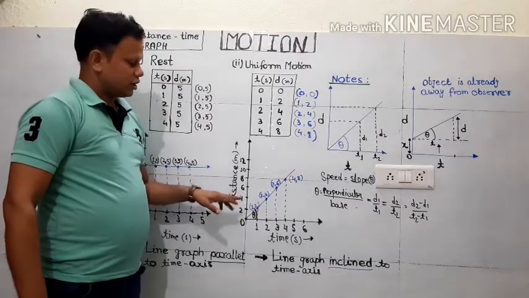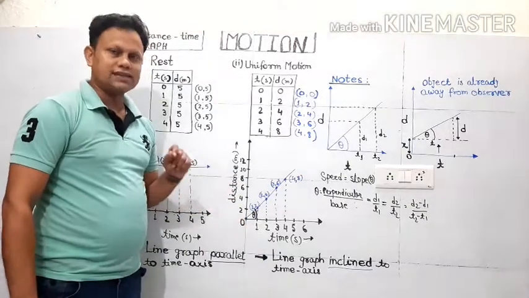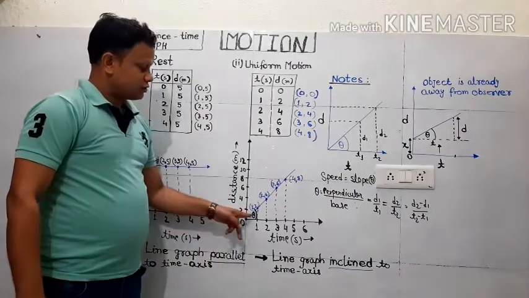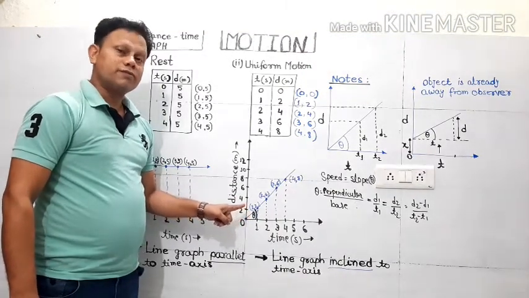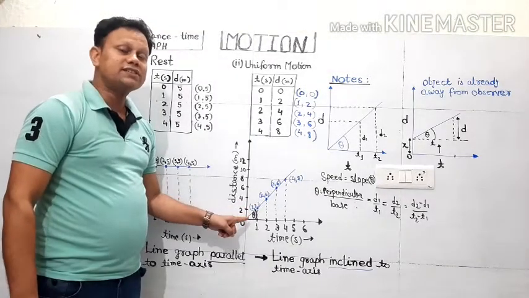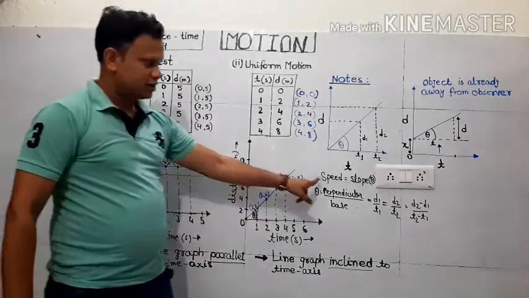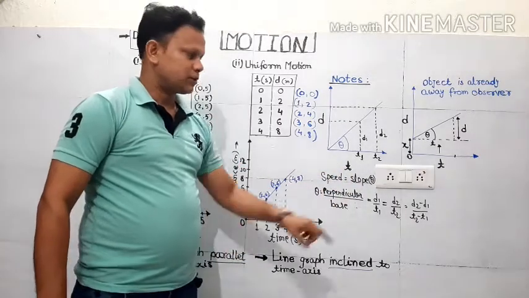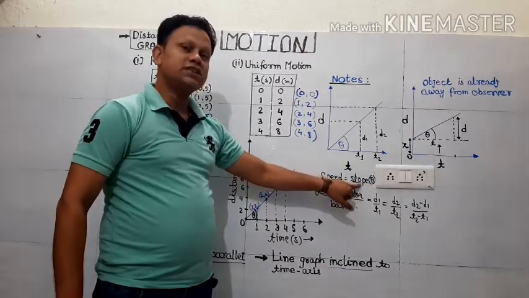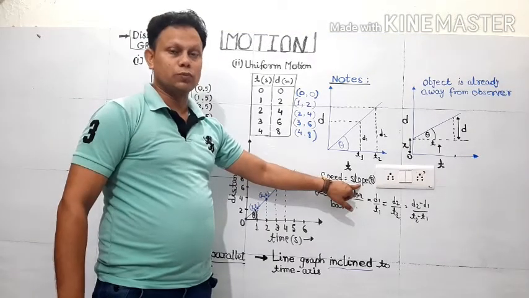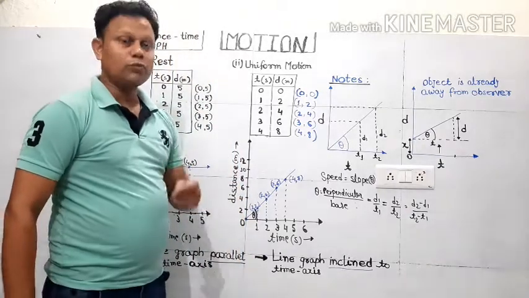Now, this angle which we talked about right now is technically known as slope, S-L-O-P-E. Mathematically it is an angle, but for our knowledge it represents the value of the speed of the object. So what I have written here: speed is equal to slope. Suppose I have represented the angle with a symbol called theta. So the speed is represented mathematically by the slope. Now how will it work as a slope?